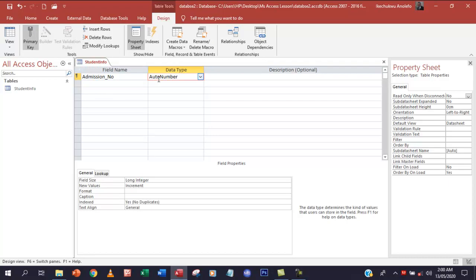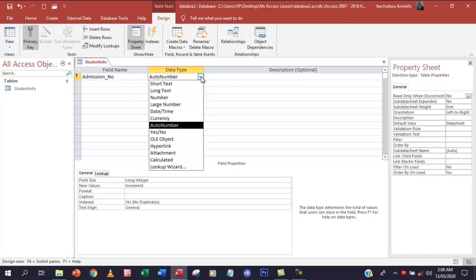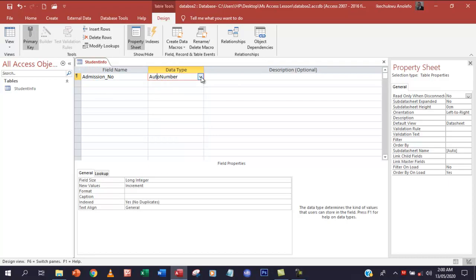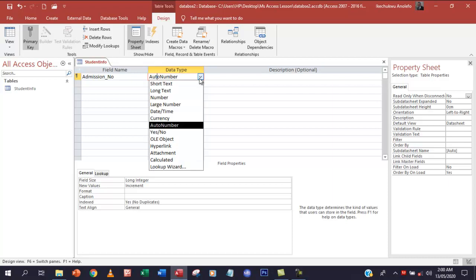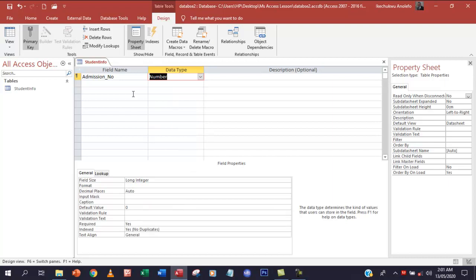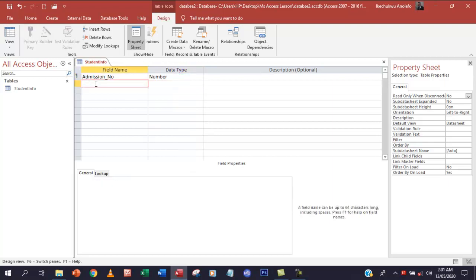I left it as auto number because I don't want to start giving random numbers for each record, but you can do that. You can remove this primary key, or keep it as the primary key and give it some sort of number, so that you populate it yourself.